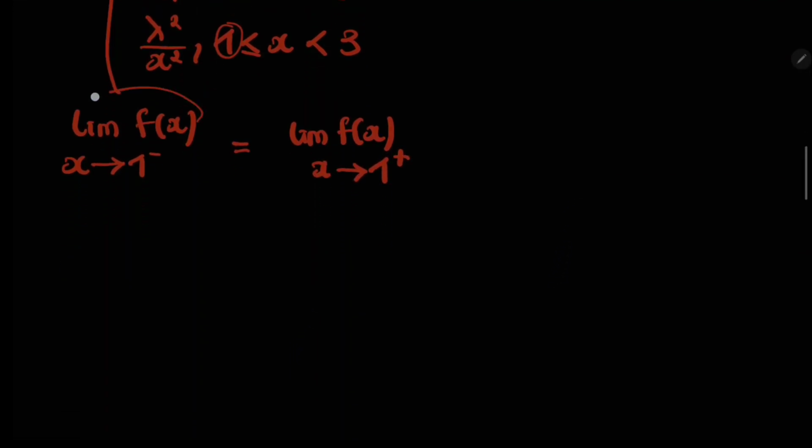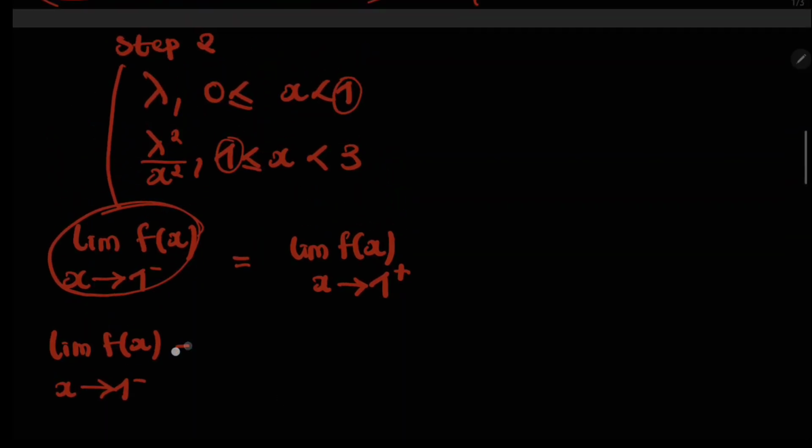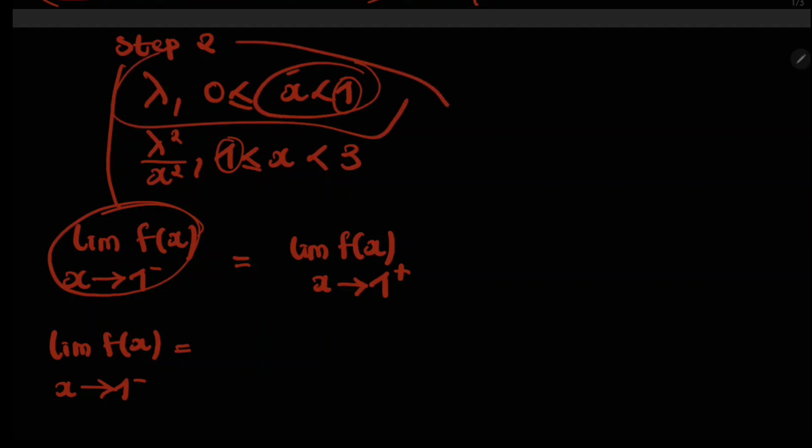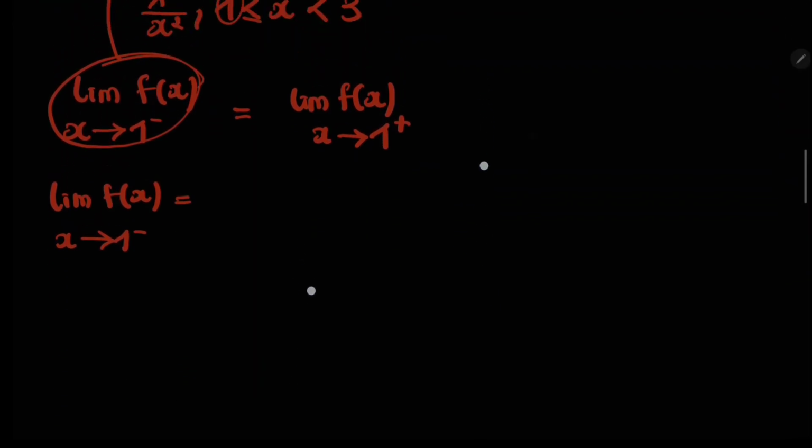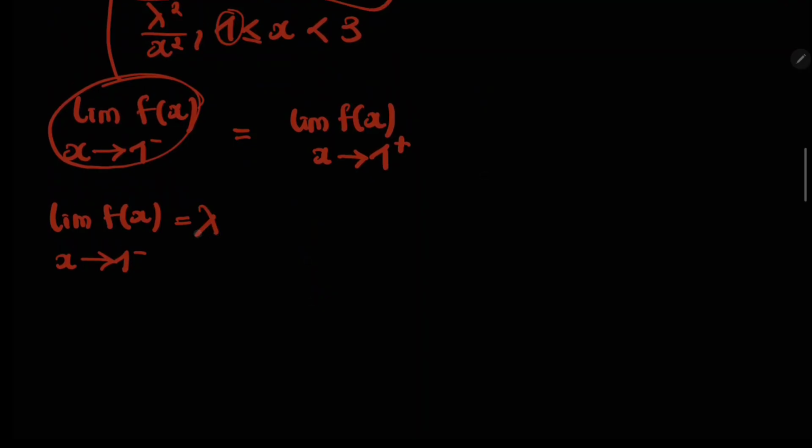So let's have this first one. We have the limit of f of x as x goes below 1 is equal to... So here we can see that x is less than 1 in this definition, so there we have only lambda. So we are just going to put lambda. And our limit of f of x as x goes above 1